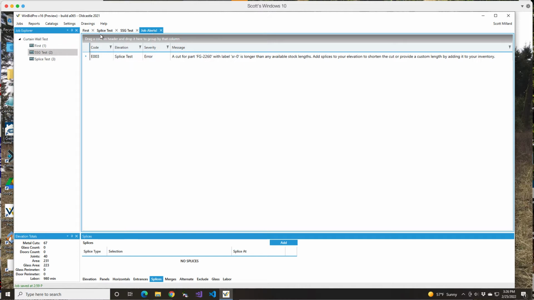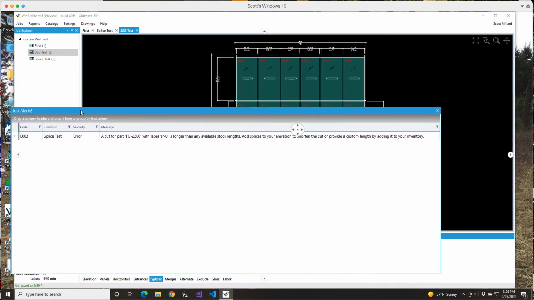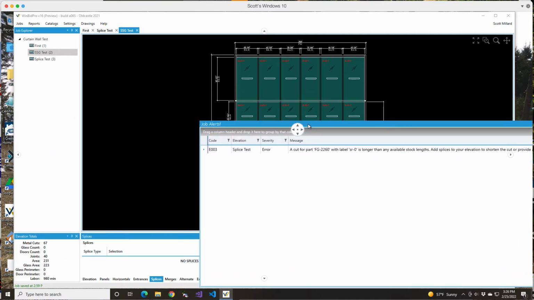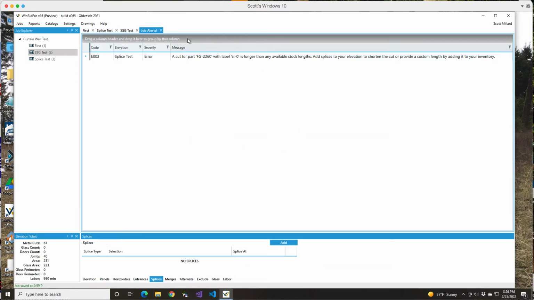So with any of these tabs in this window here, I can actually click on that and drag it away. So I could actually put my alerts on another window and leave them there. And then you don't have to click on it each time you want to see what's going on or what kind of problems there may be. But if you don't want to do that, you can just leave it in the tab view, and then I can drag that back, hit that little center dot for that bullseye thing, and then it adds it back to